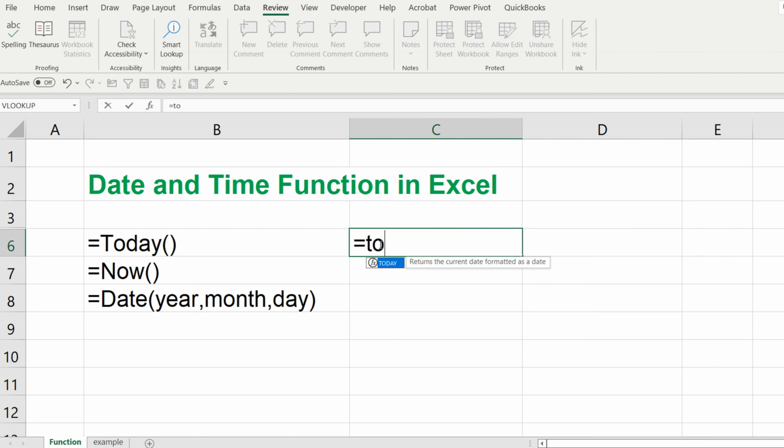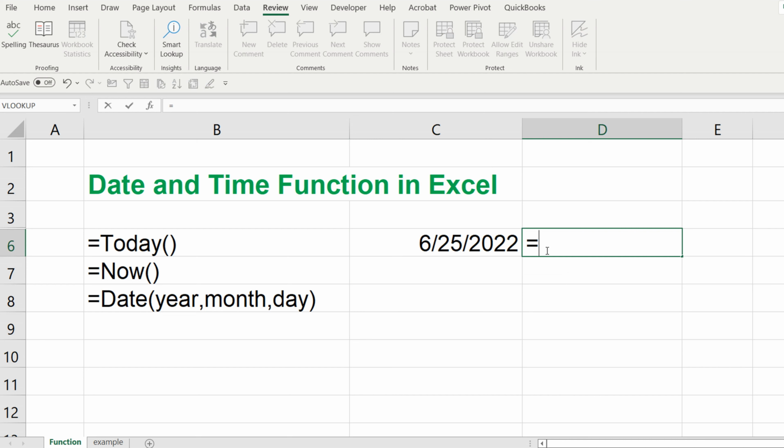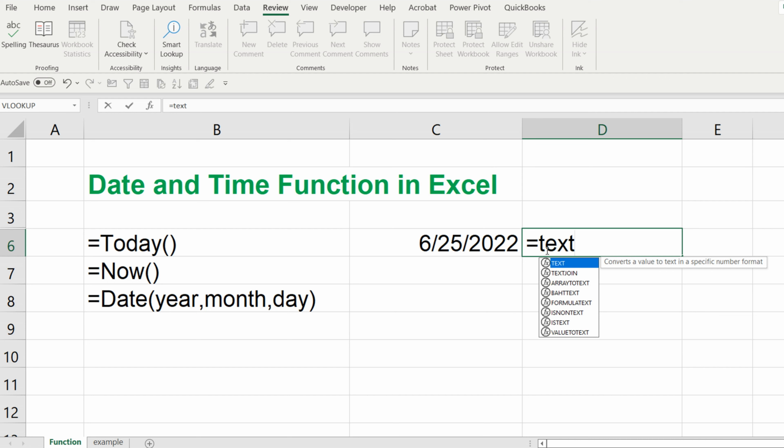Just write TODAY, so it will show what day is today, and we can customize the format that we want, because some people will be confused about whether month or day comes first, so it is better to